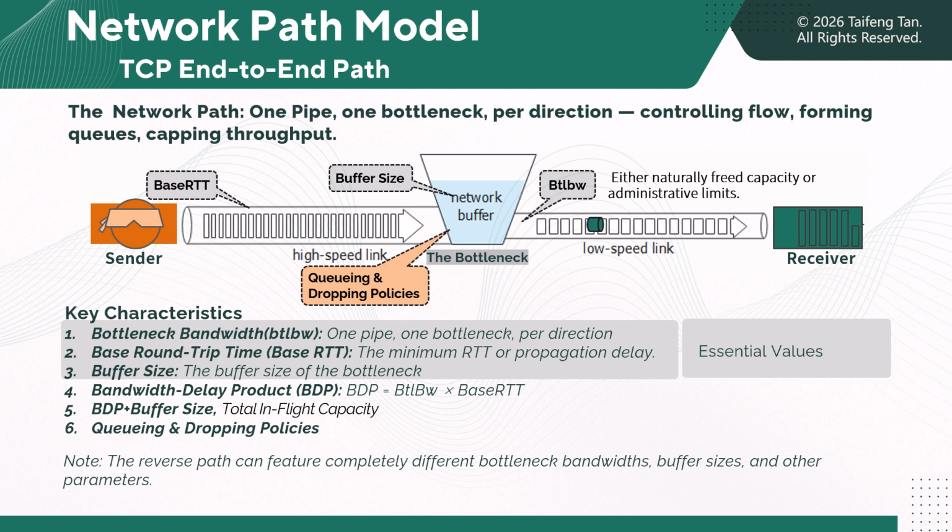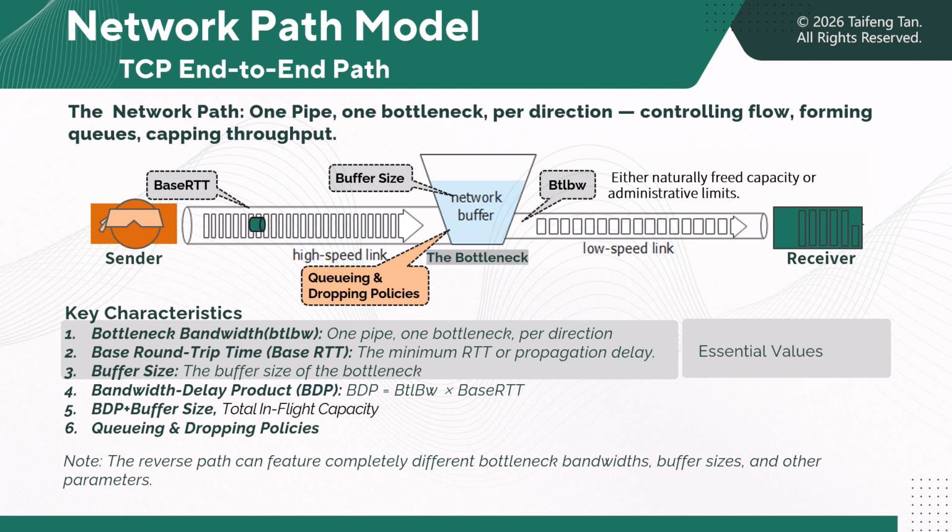Second, base RTT. This is the minimum possible round-trip time between sender and receiver when there is no queuing delay. It represents the pure propagation and processing delay, the intrinsic latency of the path. Third, buffer capacity. This is how much data the bottleneck device can temporarily hold when incoming traffic exceeds the outgoing rate. Whenever packets arrive faster than the bottleneck can transmit, a queue forms. As the queue grows, packets experience more delay. And once the buffer is full, any new packets are dropped. Although, in strict policing scenarios, they might be dropped immediately without queuing.